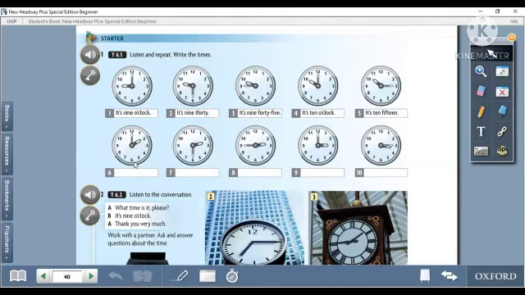2 o'clock here. Excellent, 2:30. What about this one? Yes, it is 2:45. What about this one? Yes, 3 o'clock. What about the last one? What time is it? It's